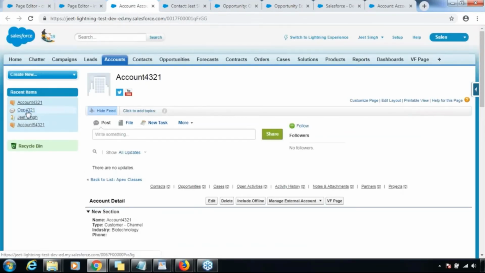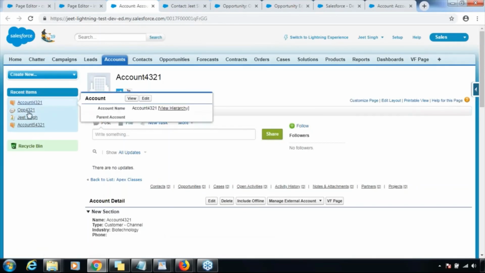This opportunity should have been created under this account. This contact also should have been created under this account, right? So that's something which has not happened. Why has it not happened? Because you never set up the relationship between these records. So if I go back to the code,